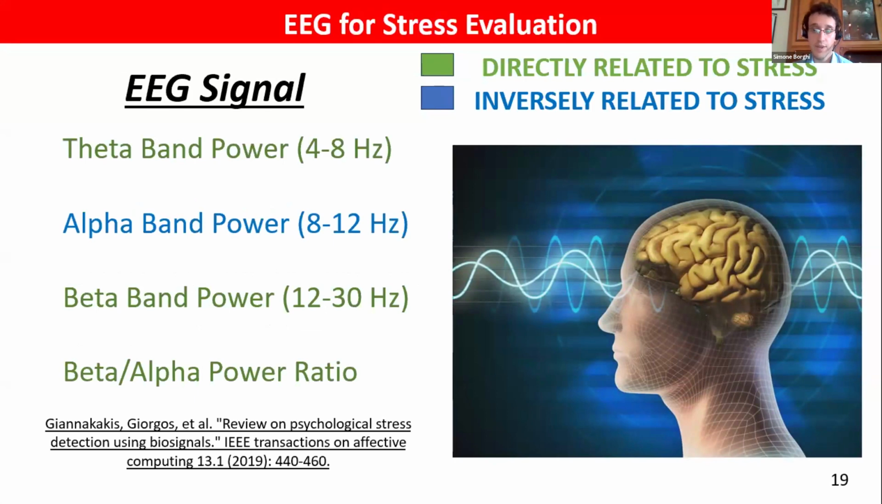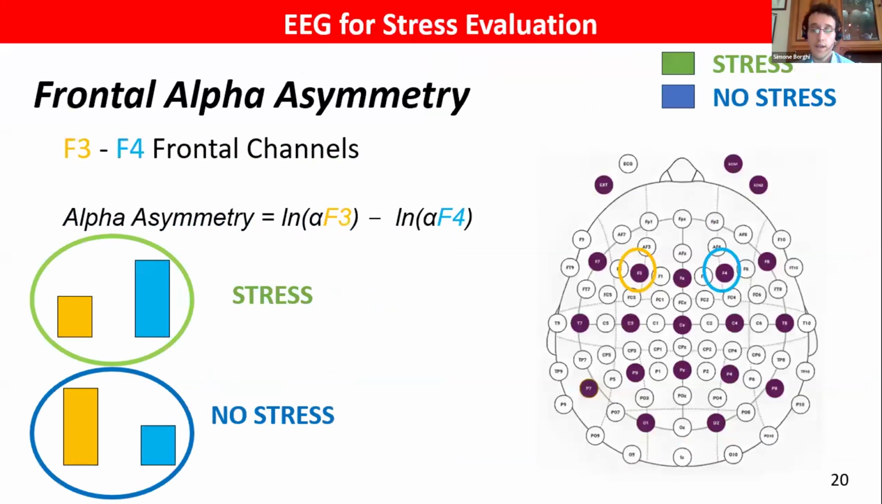Conversely, an increase in beta band power is typically linked with heightened alertness and cognitive engagement, possibly suggesting elevated stress levels. Also, the beta to alpha power ratio serves as a comparative measure between states of arousal and relaxation, with a higher ratio indicating greater stress. I added a slide to describe alpha asymmetry between the frontal channels, perhaps a bit less